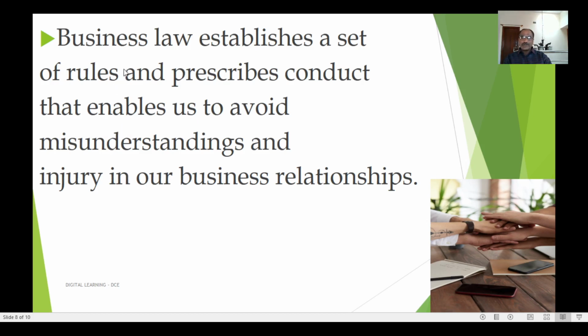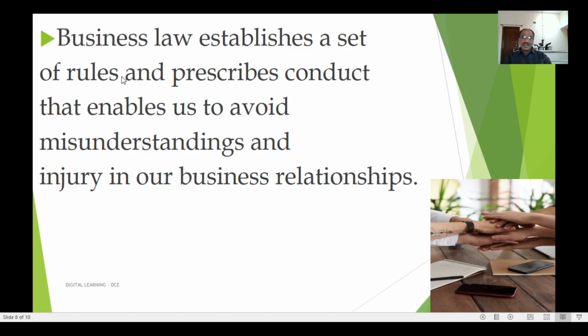that is, the rules relating to the Negotiable Instruments Act, and also, if he wants to do partnership business, he should have the knowledge about the Indian Partnership Act of 1932 and the Sale of Goods Act 1930, and he should have the knowledge about all these acts. Otherwise, he will face difficulties.